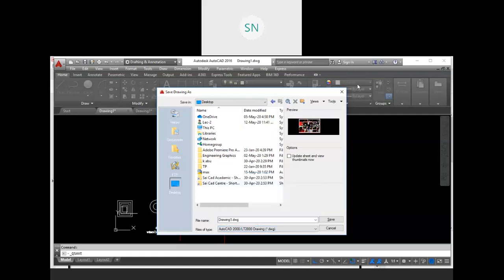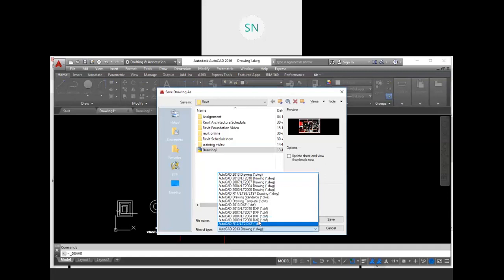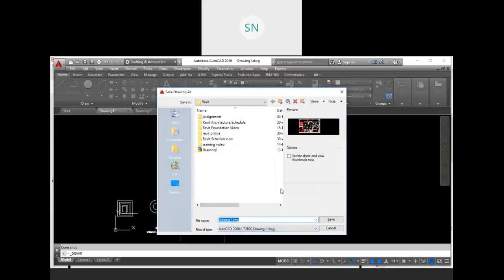Now for example, I have 2020 and I have created one drawing, and I save my drawing in my current version, 2020 version, and I mail you that drawing, but by chance you have 2015 version, older version of AutoCAD, right? So you are not able to view that drawing, you are not able to open that drawing because you have older version. So we are able to save our file into older version also. So choose 2000 version over here, this is the oldest version. Clear?